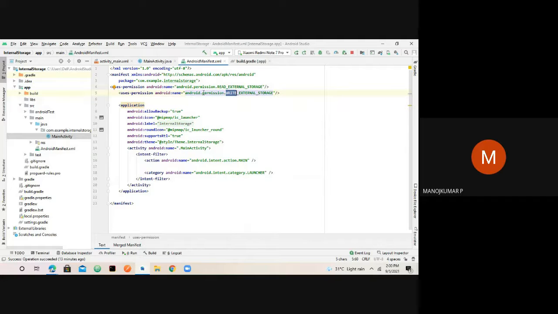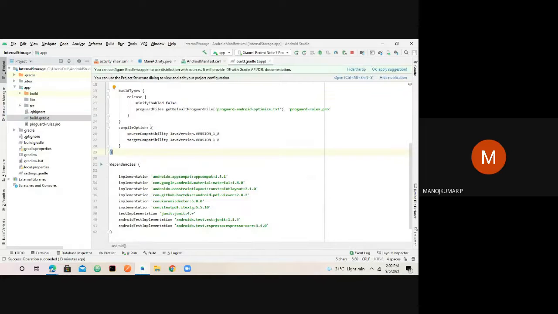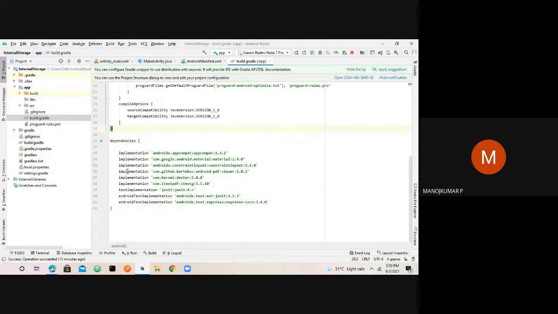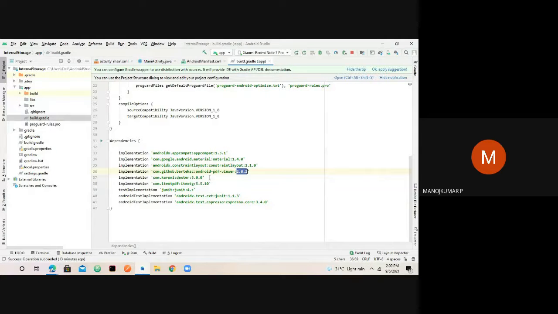Once this is done, you have to move on to your build.gradle at the app level. Your app level has a build.gradle within which you have to include certain dependencies to make use of your PDF writer and other things that you work with internal storage. For those things, we need these three dependencies. I would like to highlight these. I have already included them in my build.gradle, and I insist you replicate these three dependencies as I have done. In certain cases you might have a discrepancy in the dependency version, but still it will work fine, I guess.